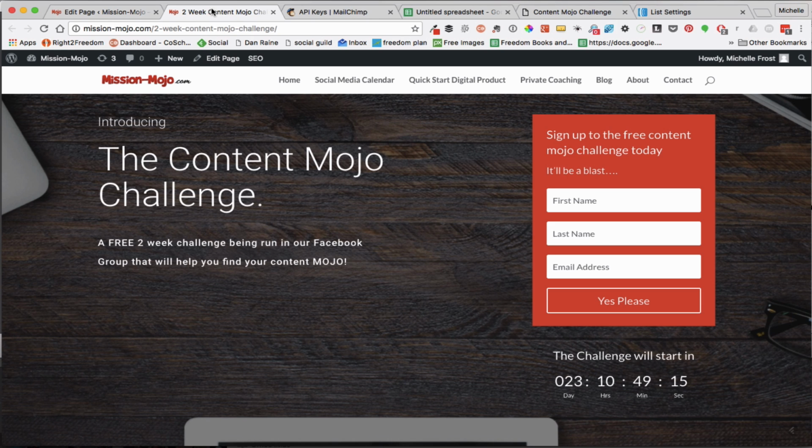Most of the plugins for different kinds of email programs, from MailChimp to Aweber and GetResponse and the like, most of those plugins that you would use with WordPress actually give you heaps of help on how to design the form and how you might want it to look. So what I would say for that is to just make sure that the wording that you use on the form is very exciting. It's the kind of wording that is going to make people want to provide you with